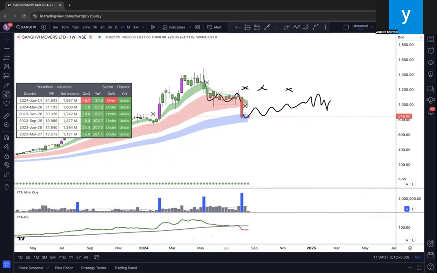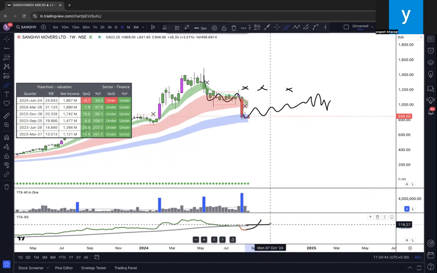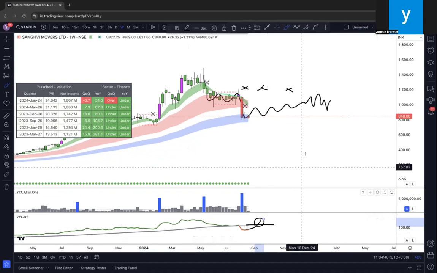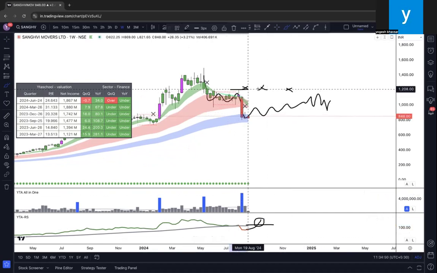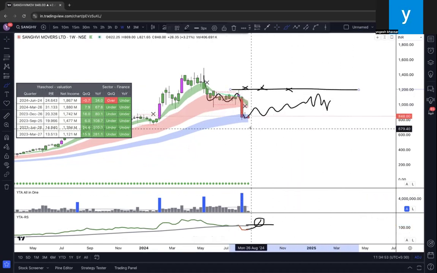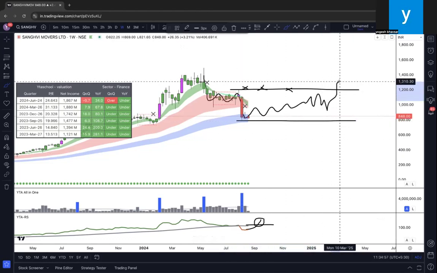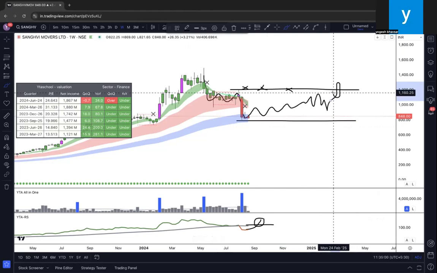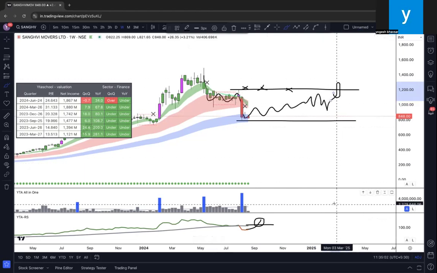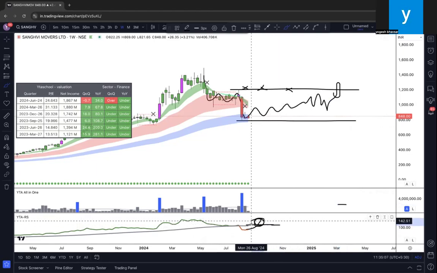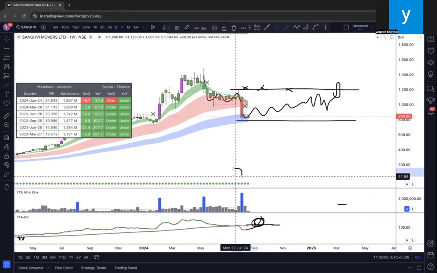Suddenly this stock, maybe the demand kicks in because the price is not moving. The trend may change. The trend may change to green. May not. I don't know, but I'm just telling you a scenario. What you will do, you will connect the resistance and the support. When this gives a breakout with a pink candle, maybe not, the volumes will show, and when this turns green, this should also be green.